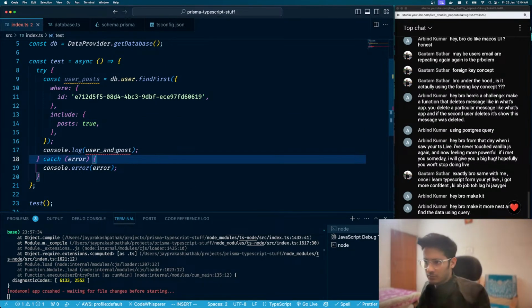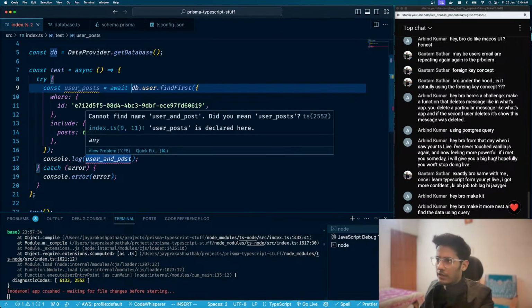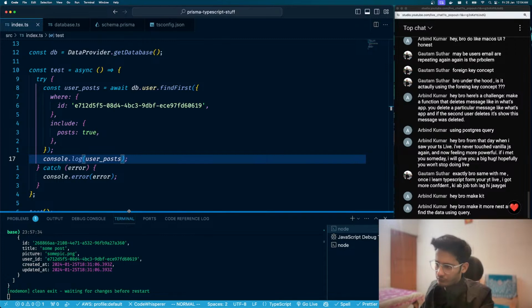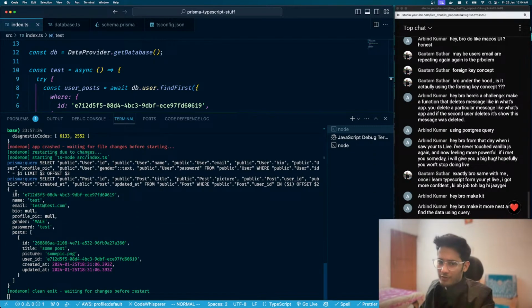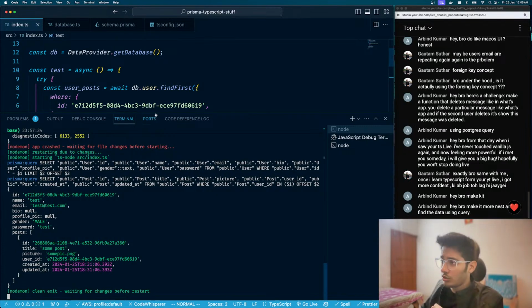This is throwing an error because we want to await this, right? Now this is still angry at me. What happened? The variable doesn't exist. Okay, there you go. You can see we have fetched the user detail as well as all the posts associated with this. Isn't it cool? We have fetched the user and also all the posts associated with that user using this particular query,